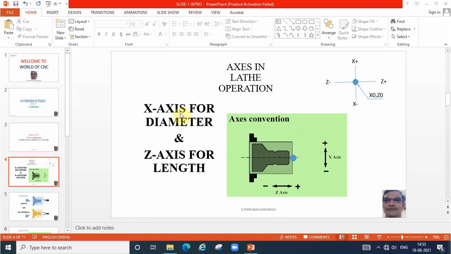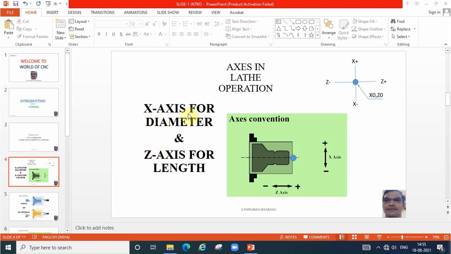There are two types: one is the x-axis and another one is the z-axis. Normally x, y, z we use for CNC programming. These two are for lathe operation, whereas in the milling operation all three, x, y, z, are used. Here the y-axis is not there, only x and z.